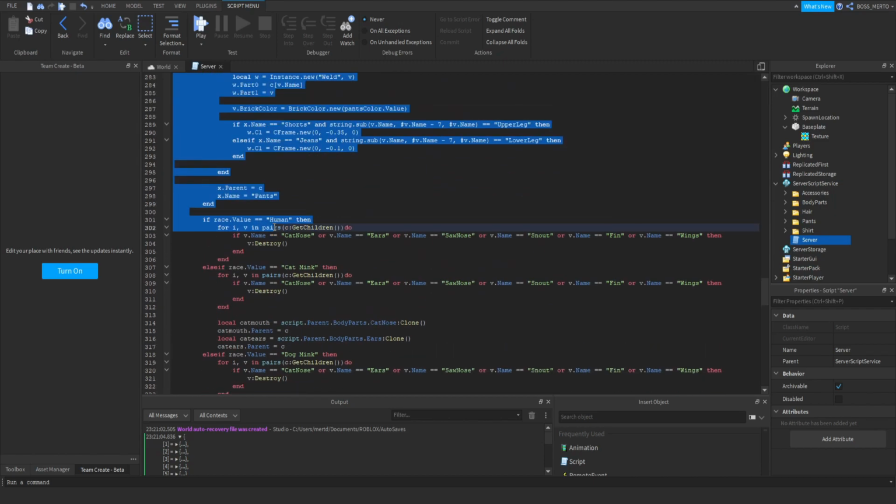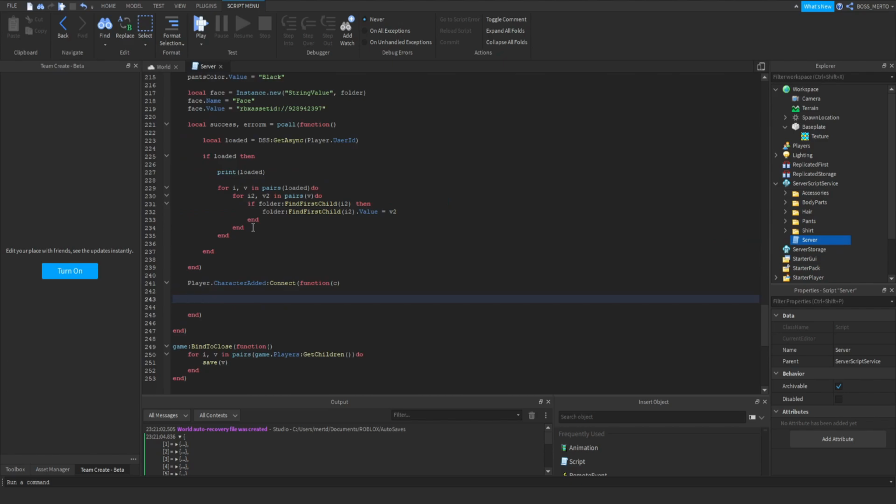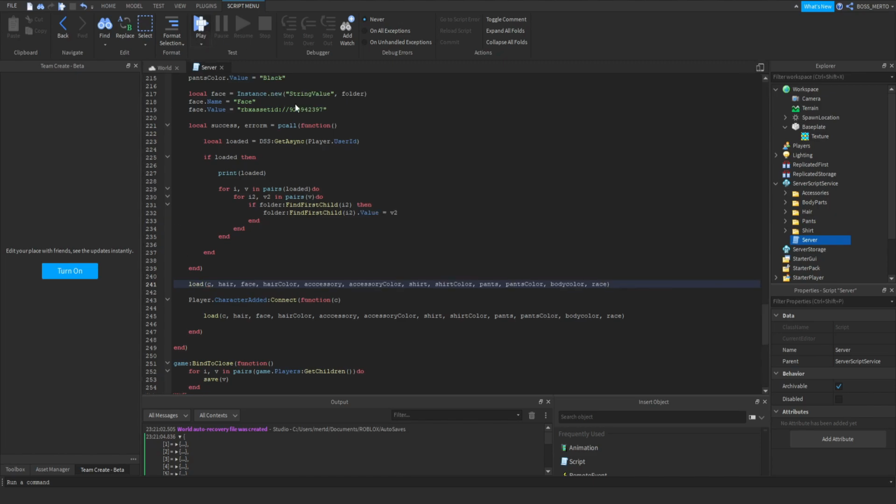Now down here we can remove all of these lines and we can just call this function load C here, no, here color. Oh, face, I forgot face, hair color, accessory color, shirt color, pants color, body color, and race. Okay, so this function is basically responsible for loading the character, and we load the character once the player respawns, and we also load the character before, so when the player spawns for the first time, because